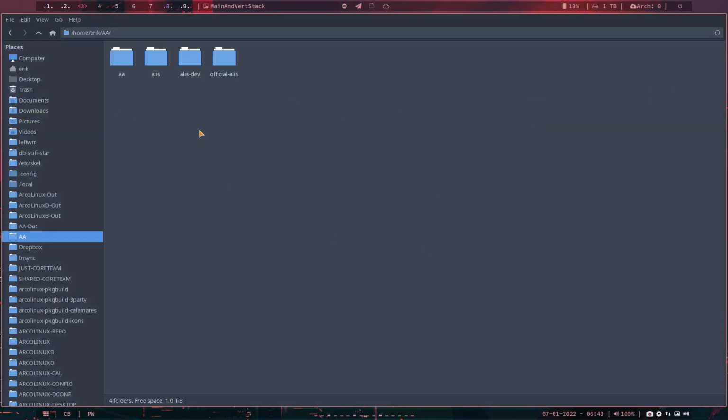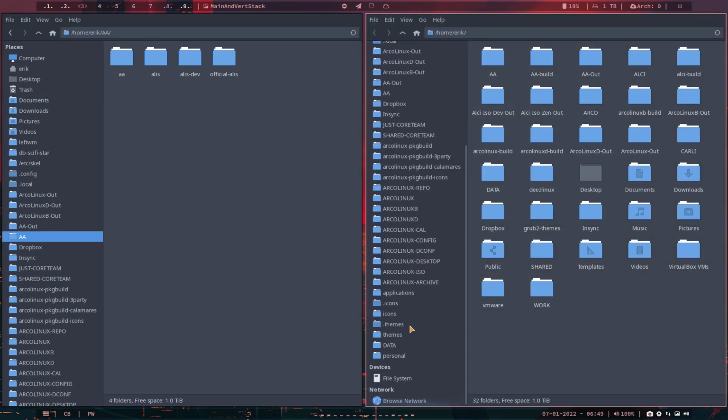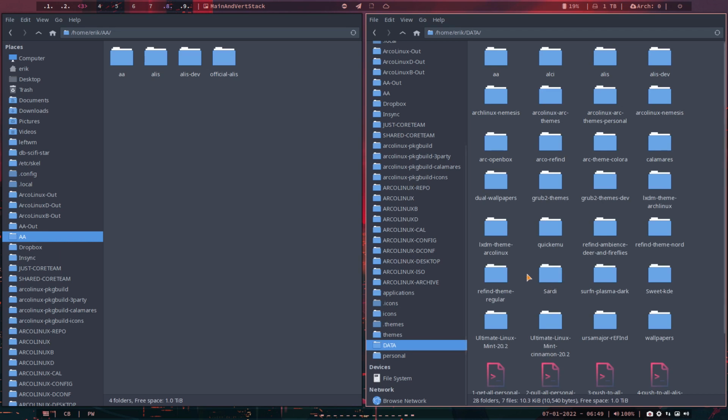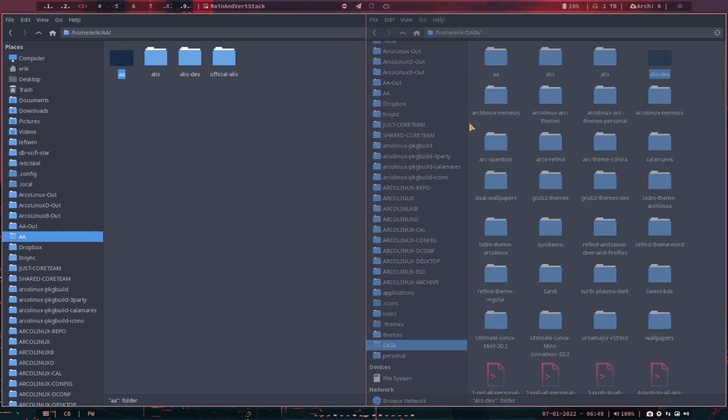Now I figured everything out a little bit already in advance. That's why we have an ArcoLinux GitHub from Eric Dubois, right? So AA is here, Alice is here, and LSDev is here. So these two guys, we should compare them. What did I do? So configuring things. Now, before we maybe compare,